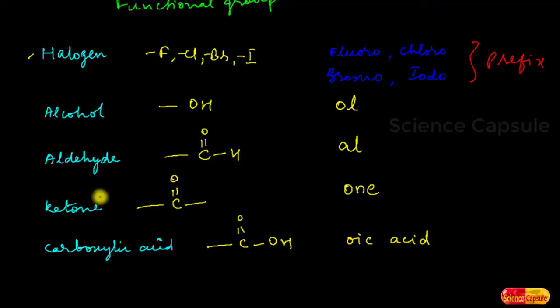By using a simple trick you can easily remember the suffix of the functional groups. For alcohol, the last 2 letters, ol, will be the suffix. For aldehyde, the first 2 letters, al, will be the suffix. For ketone, the last 3 letters, ONE, will be the suffix, and in carboxylic acid, oic acid, you have to remember. The molecular formula of the functional group and the suffix are very important in order to name a carbon compound. Once you remember all these things, with the help of 3 simple steps, you can easily name any carbon compound within a fraction of a second.